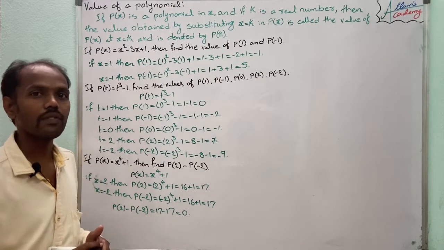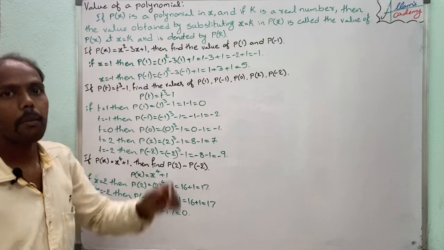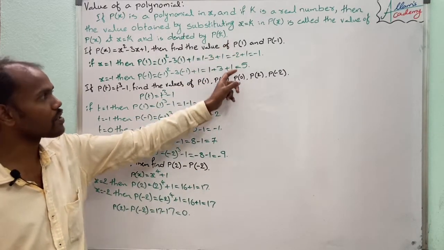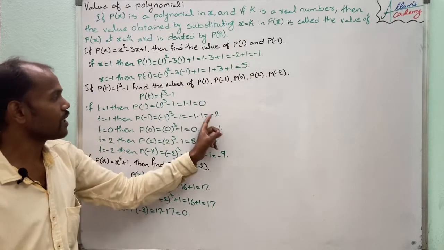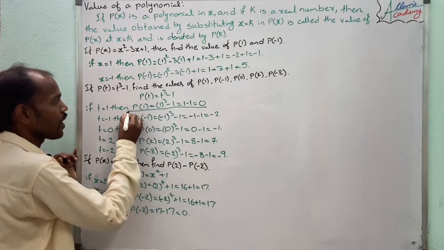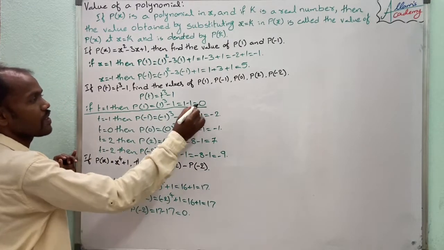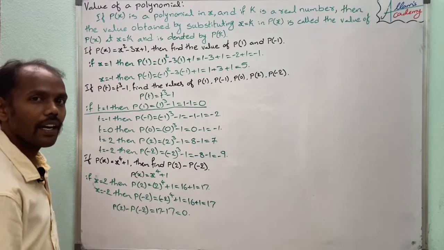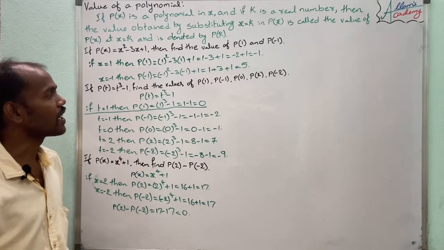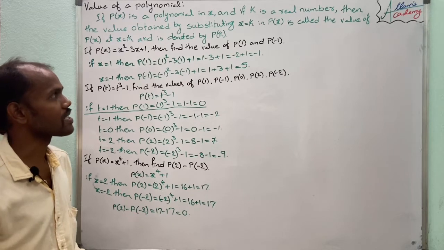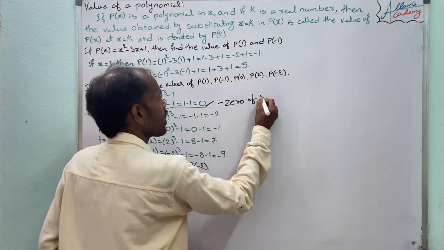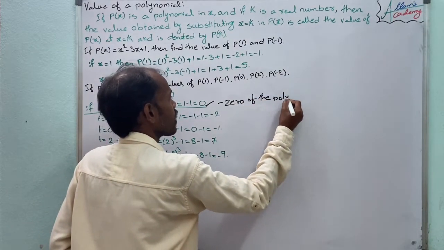Okay, in this method we have to find the values of a polynomial, and here in this polynomial, the given values substituted, we get some result. In that result, if p of 1 is taken, we get 0. So for a given polynomial, if we substitute any value and the result of the polynomial is 0, then that is called a zero of the polynomial.